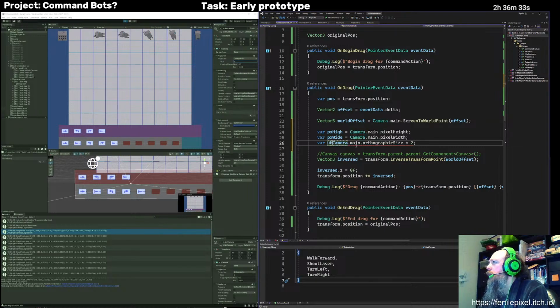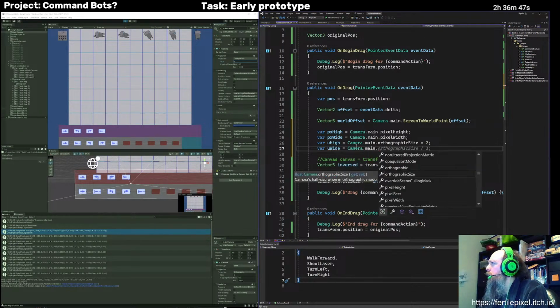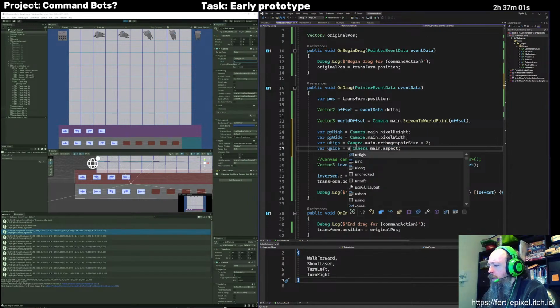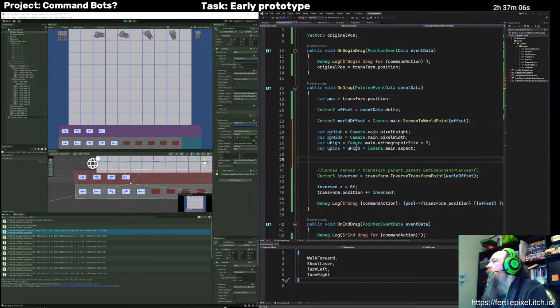This is like units high, like units. And then, probably don't need this, but it's going to be looking for aspect. That's what we're going to multiply our height by to get our width. So now, what we probably need to do is